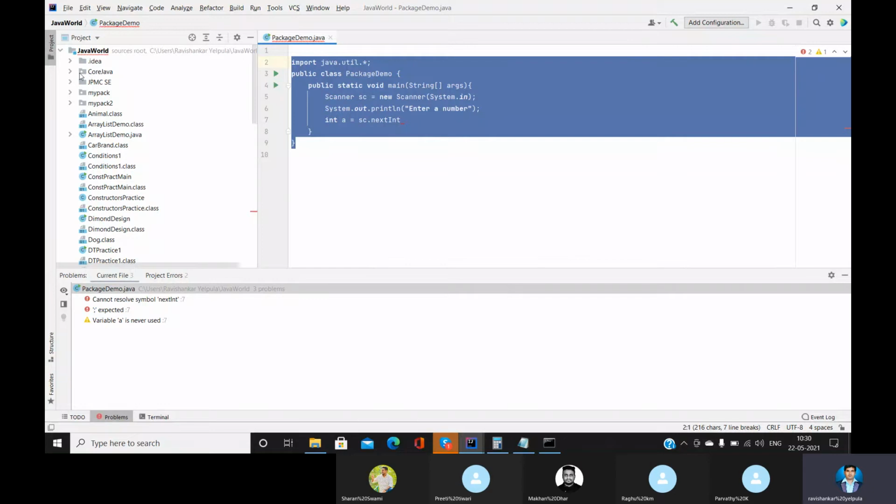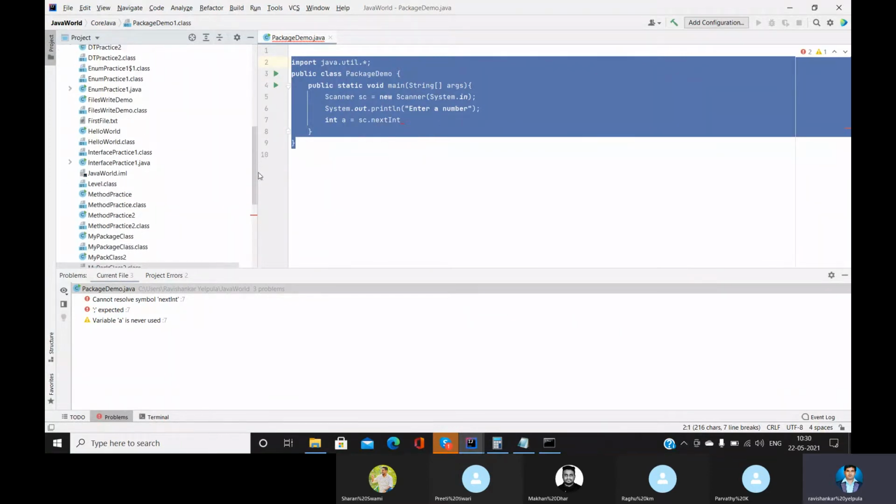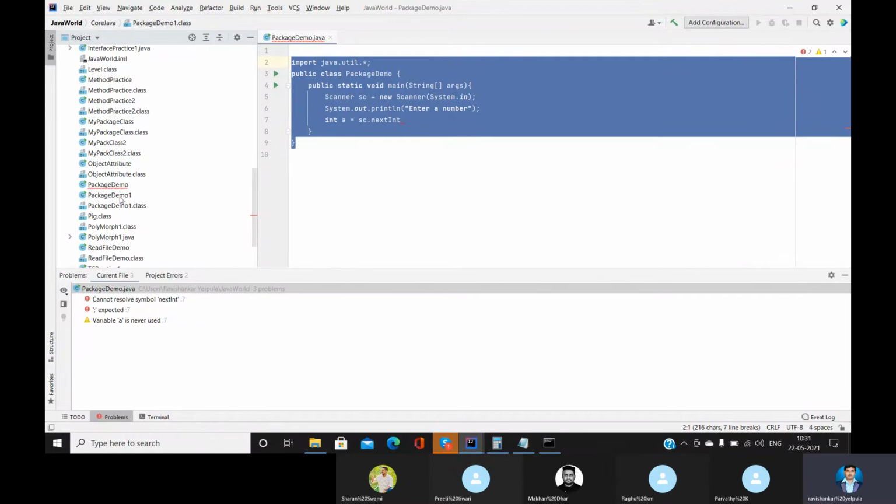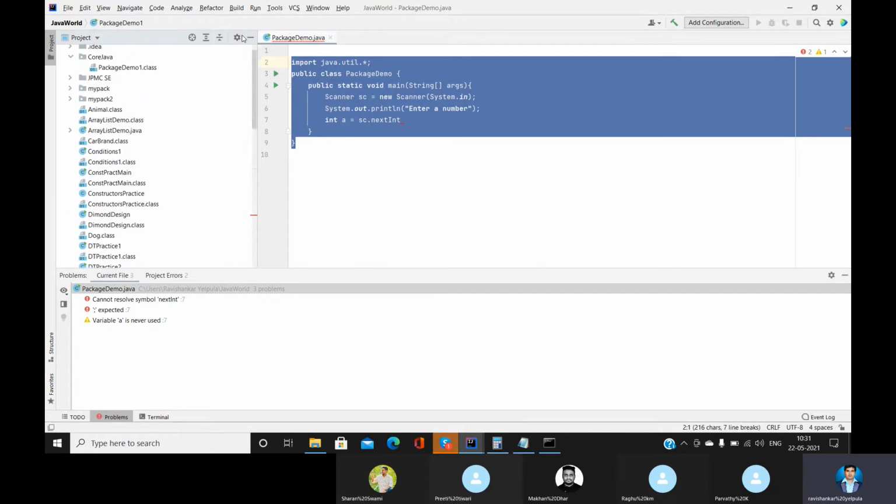See, this is the package core Java we have created there, and we can see it here itself again. See that class. And this is the class in which we have written the program, core package demo. Okay, clear, guys? Any doubts on it?